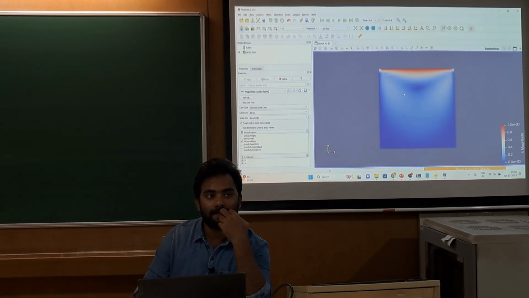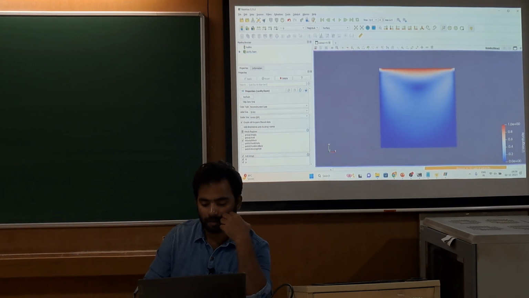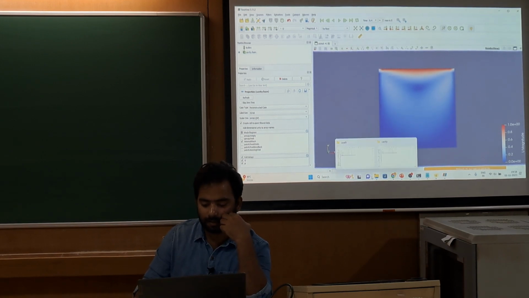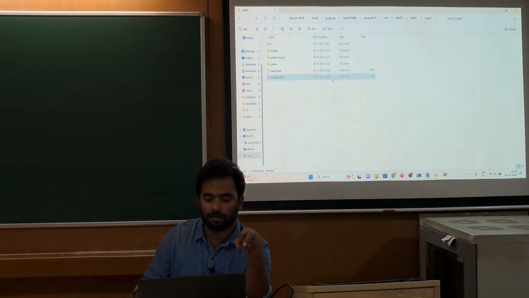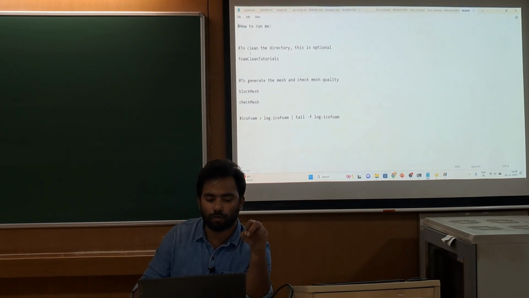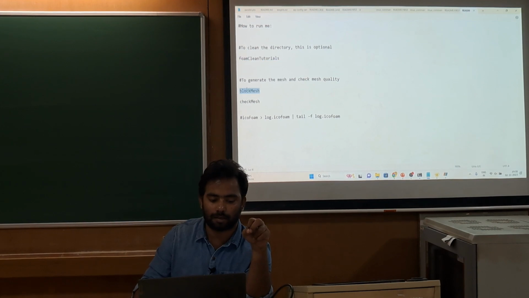Tell me once again what to do after blockMesh and then what next. See, I uploaded one case folder as a zip file. Open that folder. There is one readme first text file. So open that text file, you will know what is given here. So you should run blockMesh, checkMesh, then icofoam. Cavity clip.